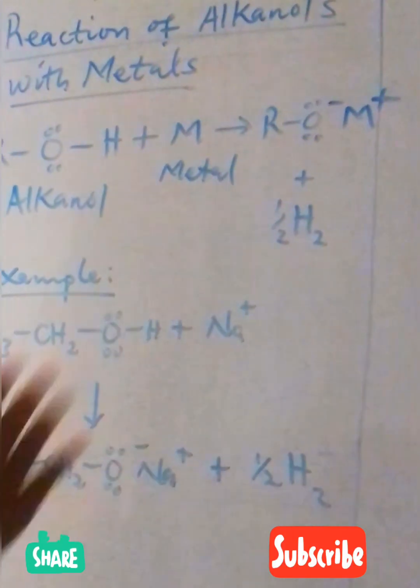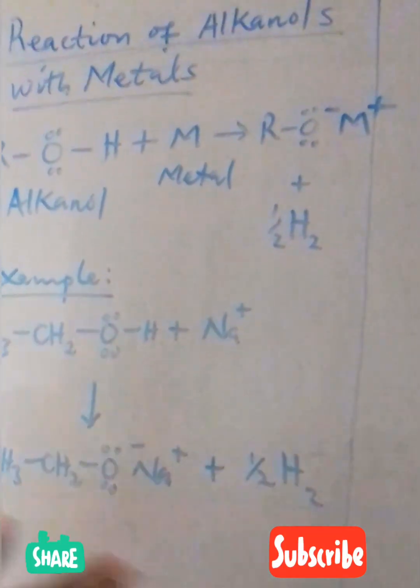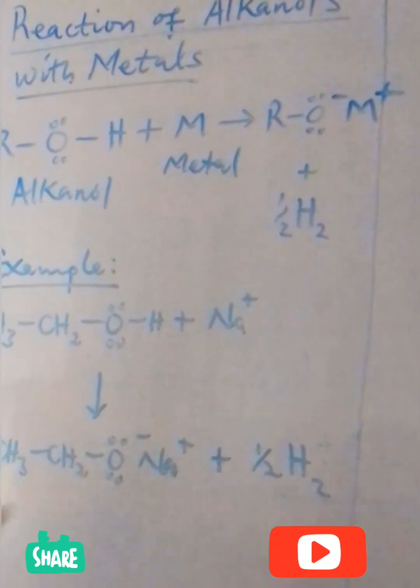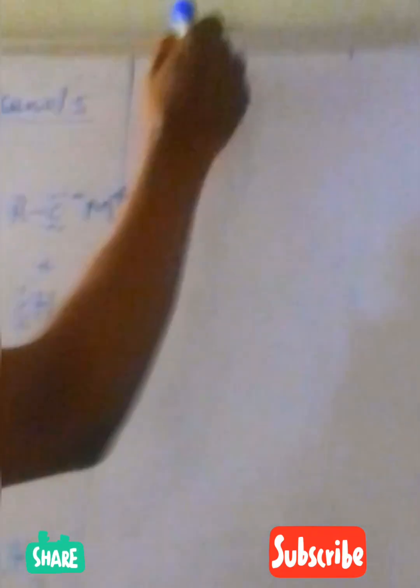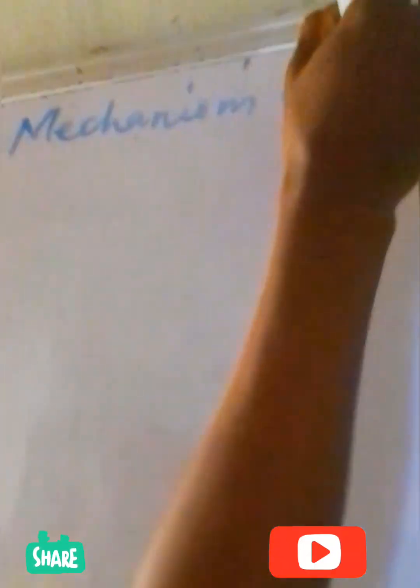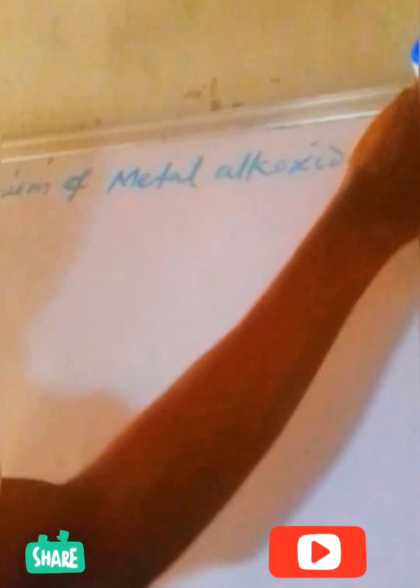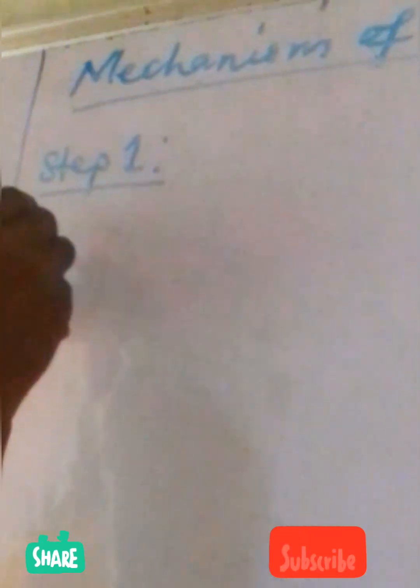But in order to really explain the detailed chemistry of this reaction, we need to talk about the mechanism of the reaction, the mechanism of metal alkoxide formation. Step 1. In step 1, the ethanol